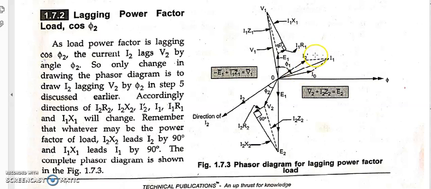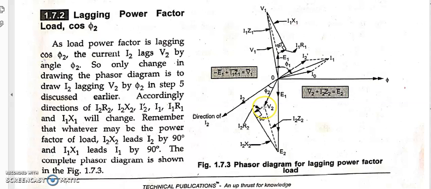Once you know I2 dash, then we know that the resultant of I0 and I2 dash is nothing but what? I1. So I have drawn it somewhere in the middle of this. So I1 represents what? The resultant of I0 as well as I2 dash. So I2 is done, I1 is done, I0 is done, I2 dash is done, minus E1 is done, phi 1 is done, phi is done. Okay, E1, E2 is also done and V2 is also done. Okay, you can take a certain length phasor here and draw it like this.